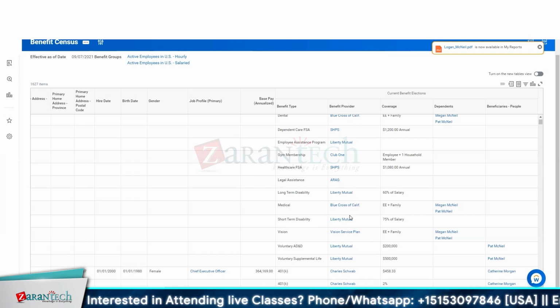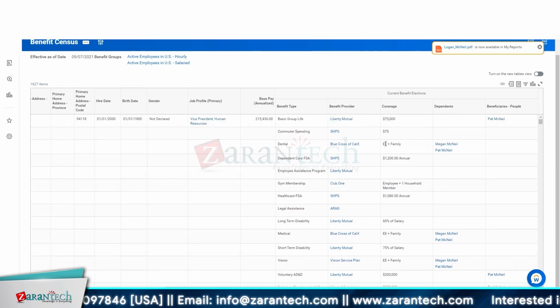And next is all the provider details as to who is the provider for those plans. What is the coverage type? EE plus family is eligible employee plus family. So if a person has a family and they would like to have dependents enrolled as well along with themselves,